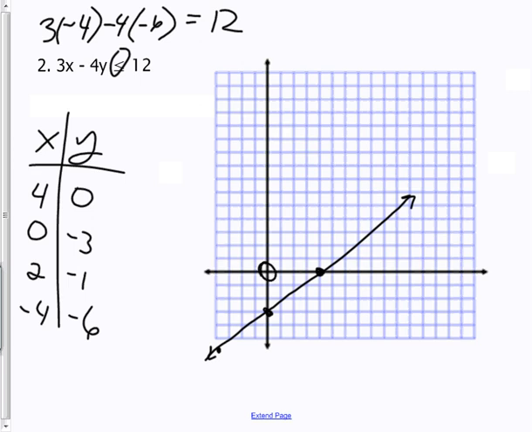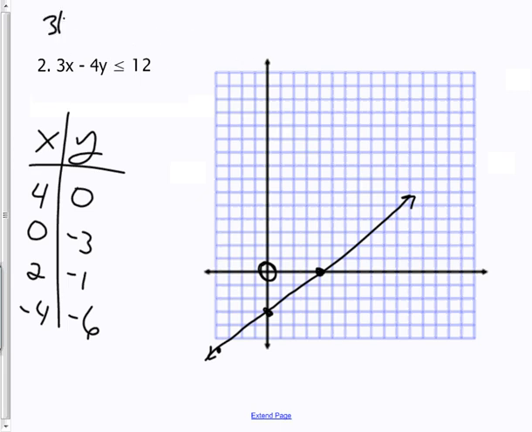This point 0, 0, if that point works, then I should shade on that side. Do you see what I mean? I could pick any point and see if it works. Like I could pick this point right here, see if it works. And if it works, I should shade on that side. But 0, 0 is the easiest point of all, so I'm going to try sticking in 0, 0 and see